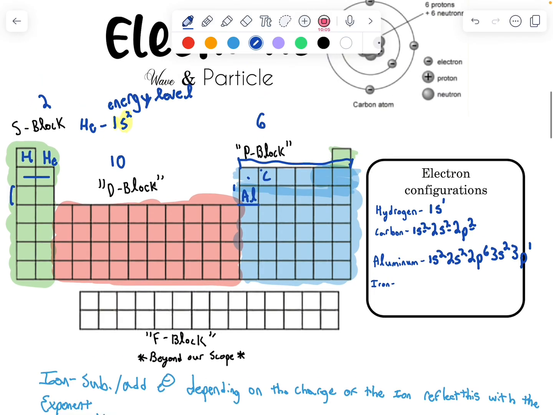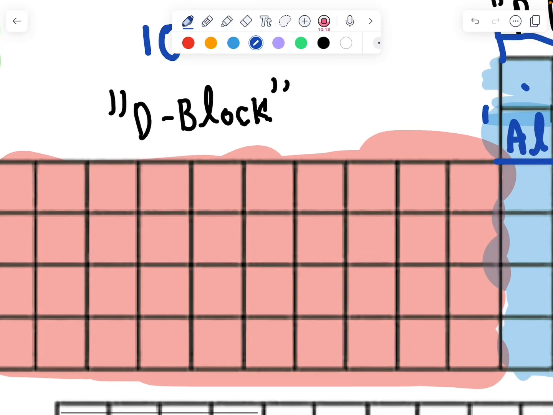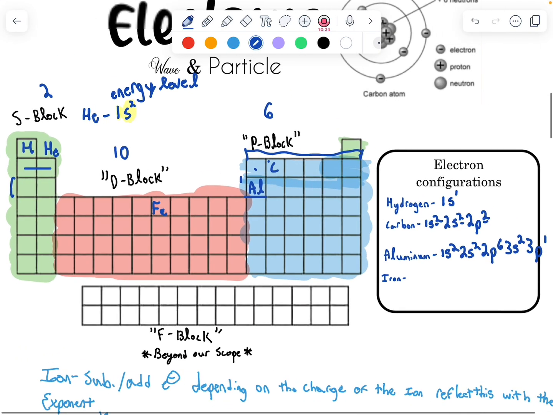And then iron is 26, so it's 1, 2, 3, 4, 5, 6 over. So 1, 2, 3, 4, 5, 6 over, correct? 6 over, iron right here. Yeah, and then we are going to continue. Once we get down to these D blocks, we can kind of use our